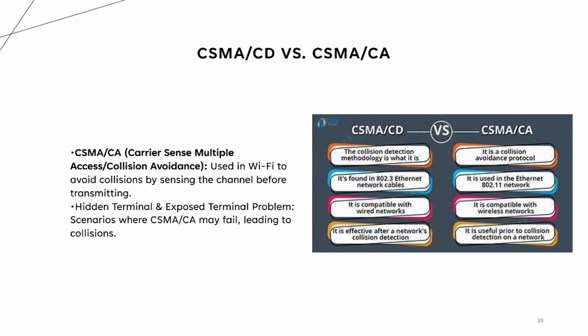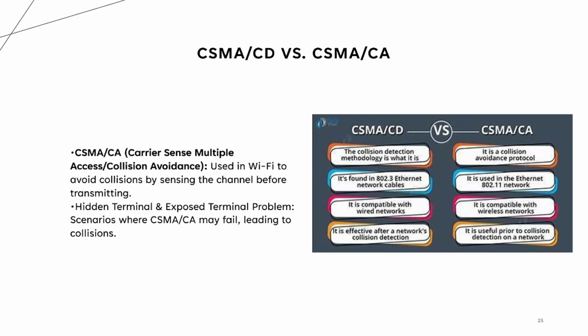Then CSMA/CA, carrier sense multiple access. We can use it, and they have different sides. The differences are: CSMA/CD is the collision detection methodology, but CSMA/CA is a collision avoidance protocol. Also, CSMA/CD is found in 802.3 Ethernet networks, but CSMA/CA is used in